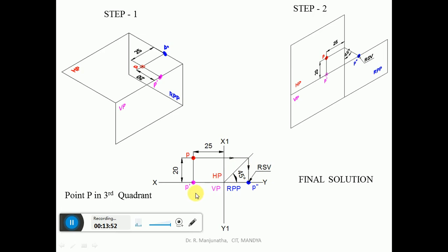And where you have the front view, on that line you are going to get the side view. So from this point you draw a vertical projector so that it will cut the XY line, because the front view is on the XY line, so the side view will also be on the XY line, and mark that point as p double dash. So this will be the front view distance, and this distance will be the top view distance, and this will be the right side view.